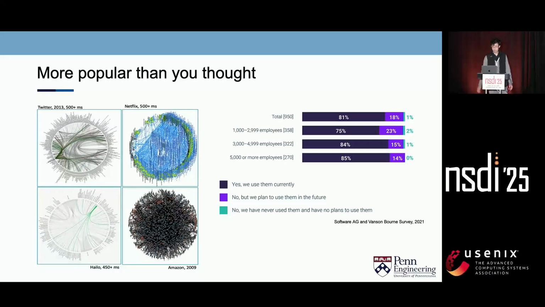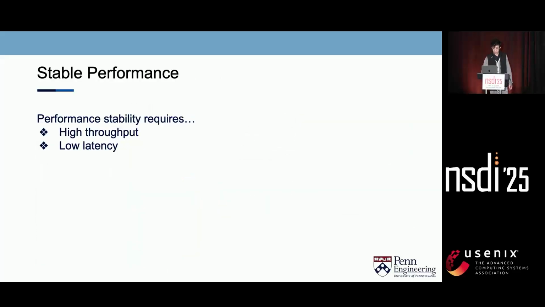It has also been very popular outside of IT companies, according to another Software AG survey in 2021. Approximately 75 to 85% of IT decision makers use microservices, even in retail, finance, or the public sector. So, okay, now we're running our cloud application in microservices. That's great. What's next? We want to make our users happy.